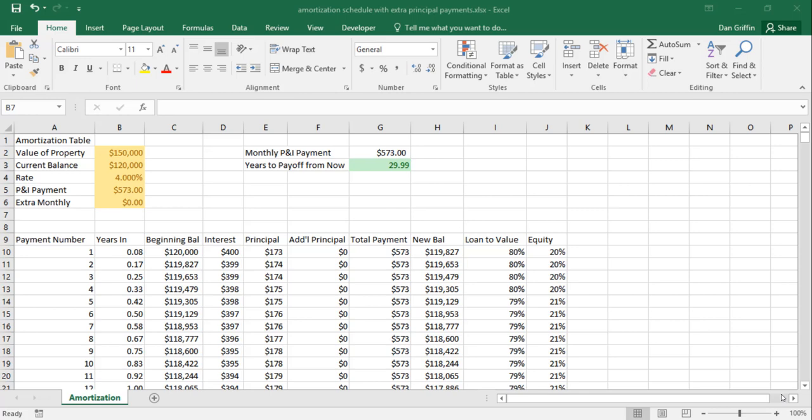All right, hello everyone. Today we're going to talk about an amortization table. Here's one that I've created in Excel, and we'll talk about how you can create this as well. If you don't want to create it from scratch, you can always download it from me. I've got a link here in the description section that you can just go ahead and download this spreadsheet that